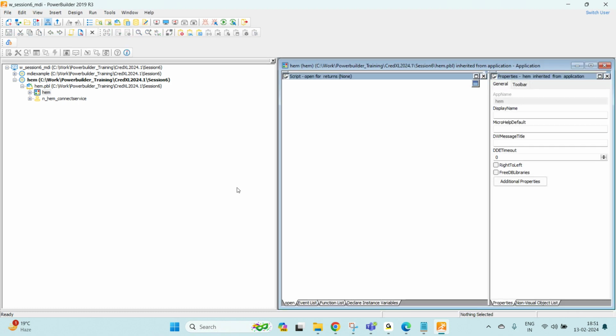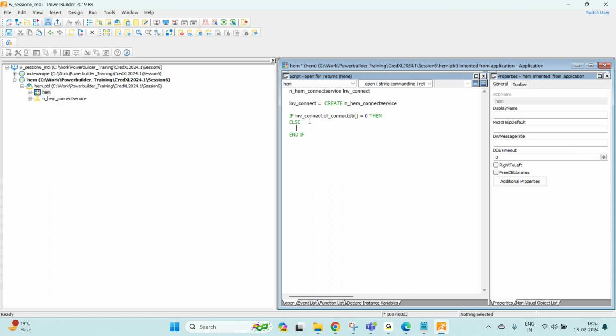So for this, what we need to do, LNV connect, and then LNV connect equal to create LNV service, and then if LNV connect dot of connect DB equal to 0, then else, and if message box error, error during connection, so it will repeat all things. Okay,